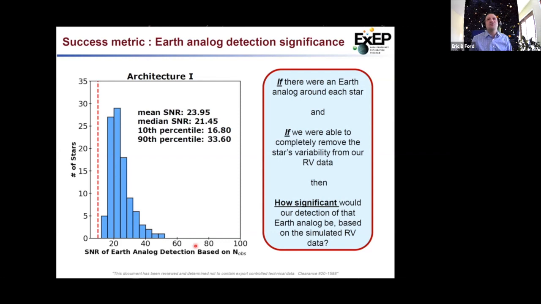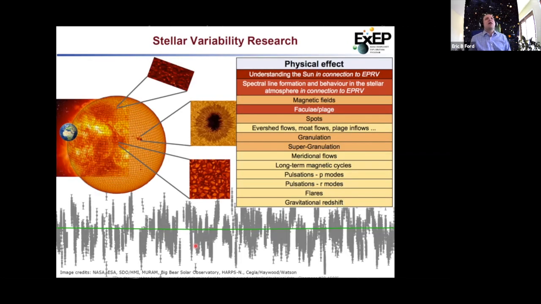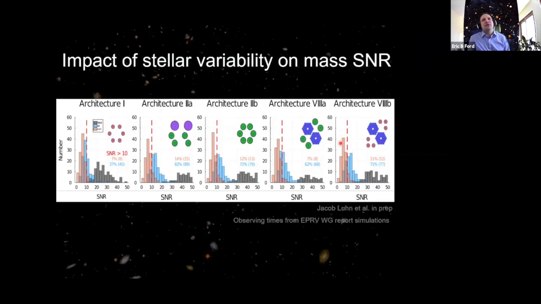And of course, the working group also had people who are experts on stellar variability, making long lists of all the things that might go wrong. And of those, two that got a lot of attention were spots and granulation. And so something that we've been looking at recently is the impact of that stellar variability, in this case on the signal to noise of masses. These histograms show in gray a simulation analogous to what this working group did, assuming it was just a solved problem and you got back down to your photon noise. Blue assumes that we're able to remove the correlations, but there's still IID random noise left after removing those correlations.